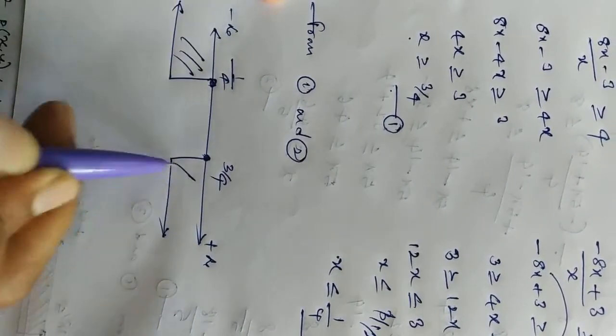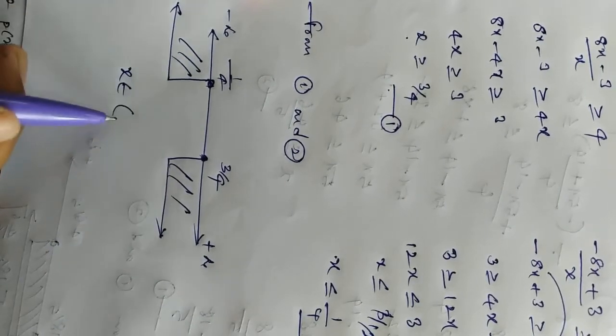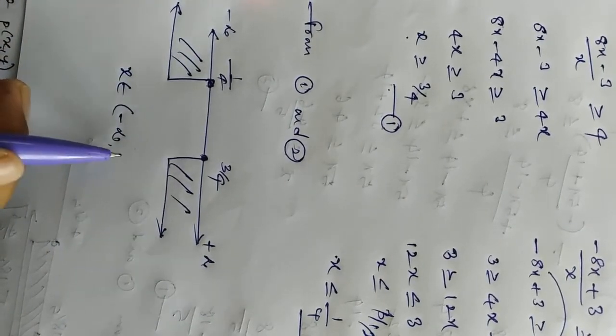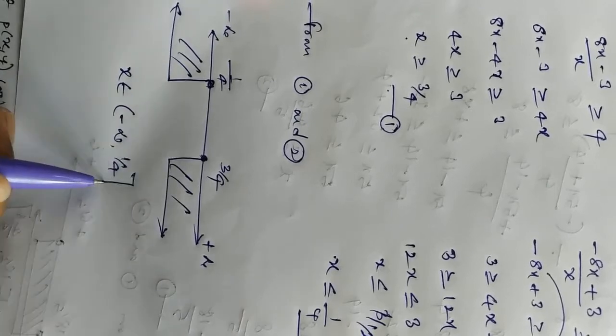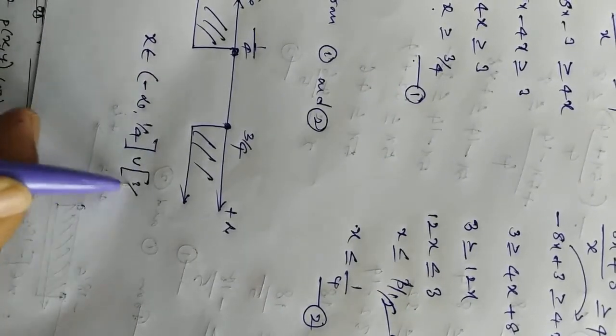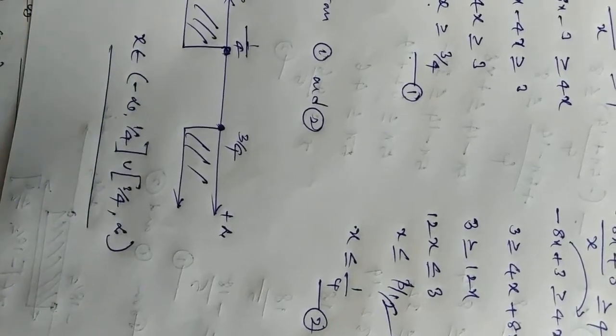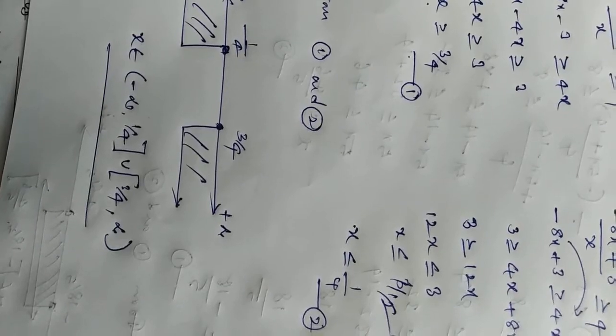Okay, this is the solution. So x belongs to the open interval minus infinity comma 1/4 closed, union 3/4 comma plus infinity open. This is the solution for the above question. And the next one is the ninth one. The eighth one is homework. So modulus of (2x − 3)/5